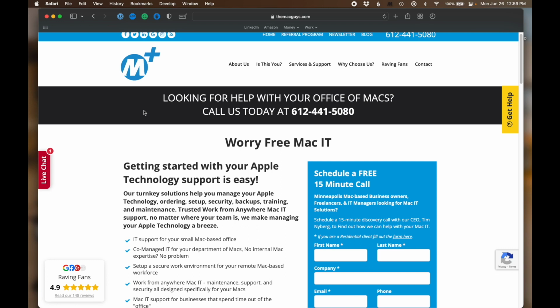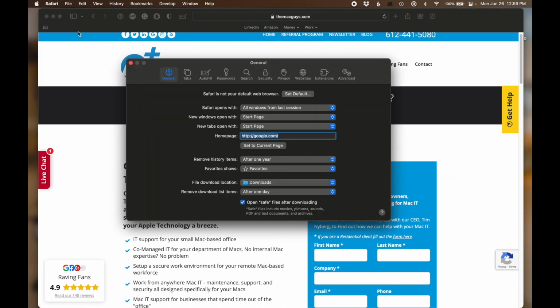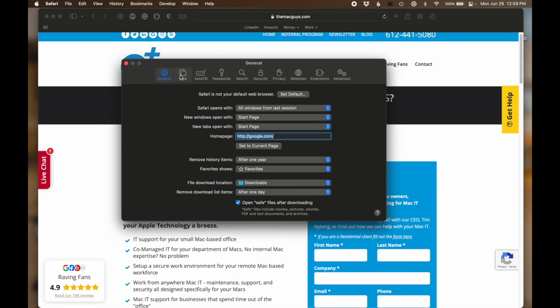Today we're going to be looking at how to use passwords in Safari. To start out, we're going to go up into the menu bar and hit Safari at the top. We'll move down and hit Preferences, and from there we're going to get our Preferences window. In our Preferences window, there are a lot of icons that we can choose from, so we're going to look